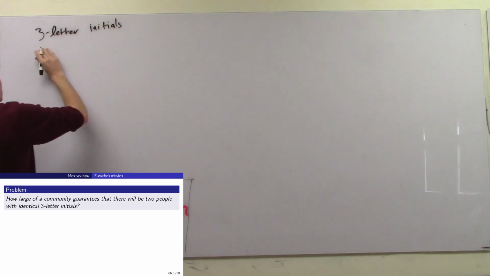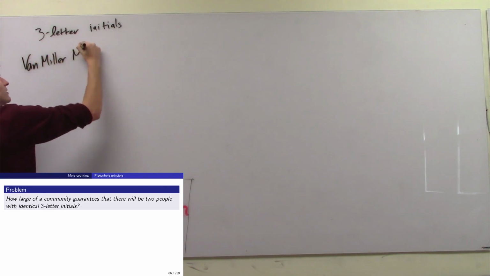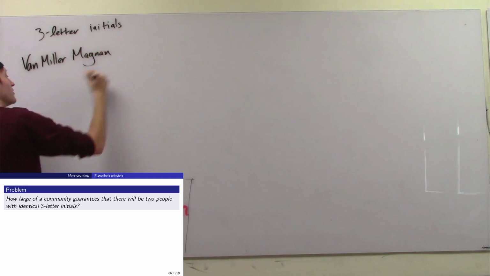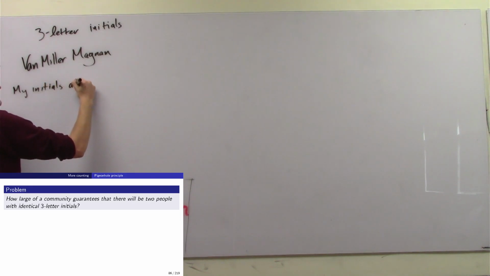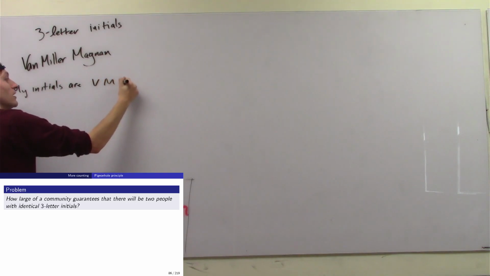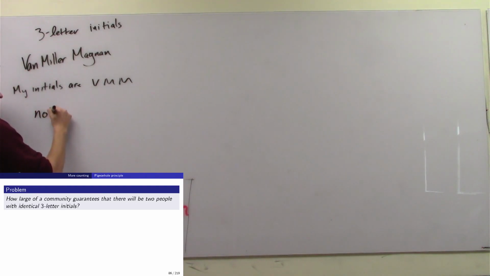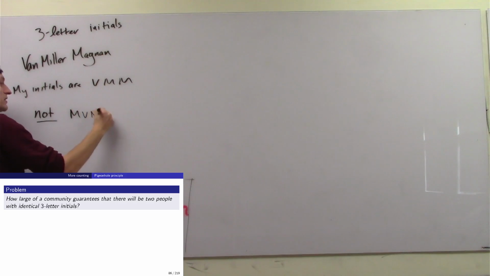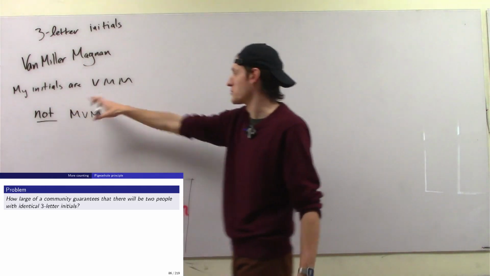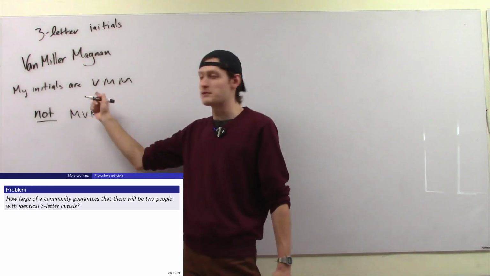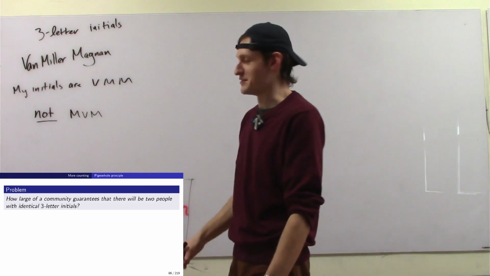Okay, so my name, please don't dox me, is Van Miller Magnin. And so my initials are VMM. I'm going to list just one thing that they're not. Not MV. Right? So the order in which I pick these things is going to matter here. And it's not just VM, so it's 3 letters here, and it's not this one. It has to be in the order of my names. So assume people have 3 names. This is an assumption we're making. It's a made-up math problem. This is sort of there's 80 watermelons,